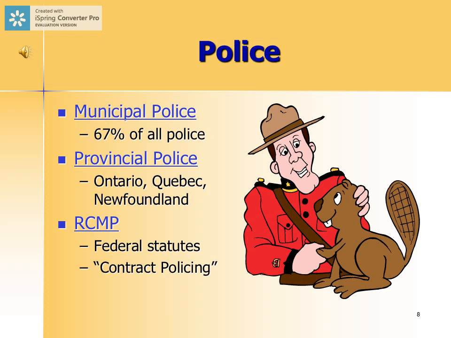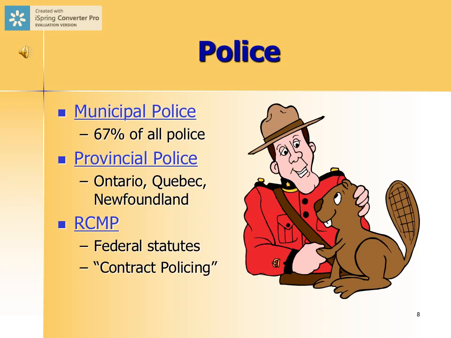Now, the third level of policing in Canada is federal policing, and basically the RCMP is the federal police force. We like to refer to the RCMP as a national police force, but technically they're a federal police force. So like Ontario has the OPP, the federal government in Canada has the RCMP. And again, the RCMP technically has been empowered to enforce federal statutes. So the drug statutes, national security statutes, customs statutes, so anything to do with smuggling, anything to do with immigration is federal responsibility, federal policing responsibility.